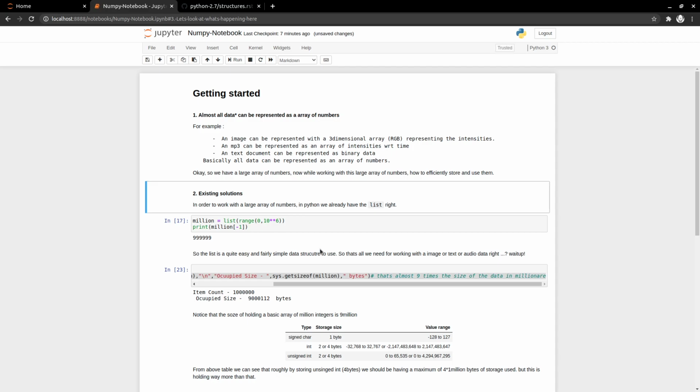Each dimension of the 3-dimensional array represents red, green, blue and their intensities. If it's a music file, say we were analyzing a large audio wave, it will be the intensity with respect to time. If we were given a storybook like Shakespeare to analyze, the data would be how many times a word like thou or art appears in the book. We can represent that textual data as an array of numbers mapped to that specific word.